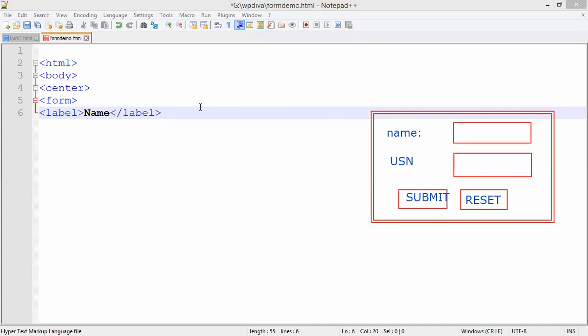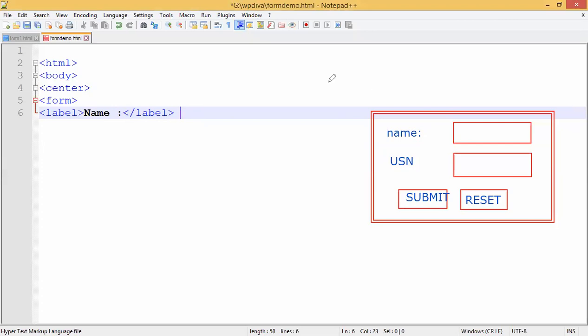Now after taking the label tag, I can come at the bottom or I can type there only. Okay, so now what is the next task, guys? I want a colon over here, so take a colon also. Next task is I want to take what? This one.